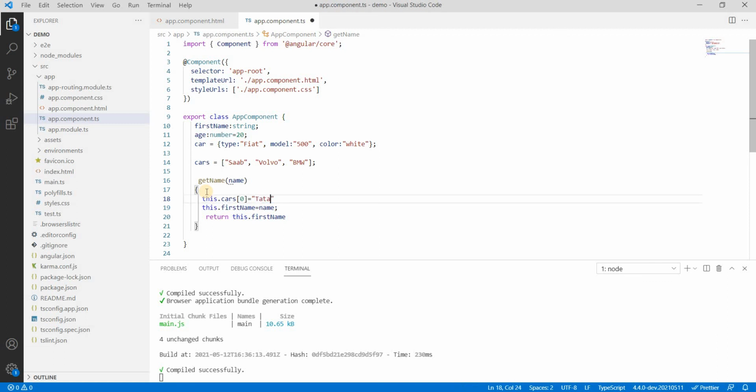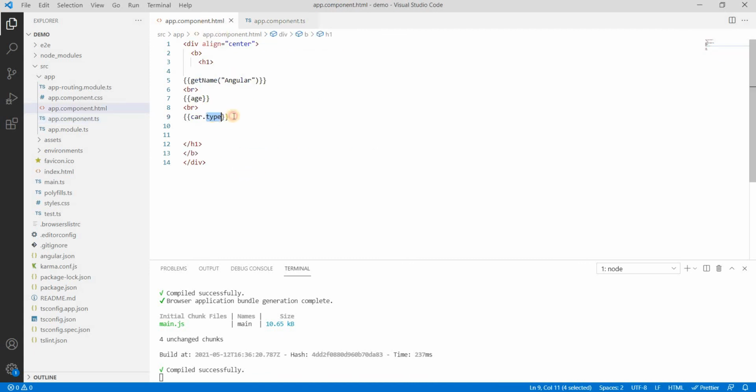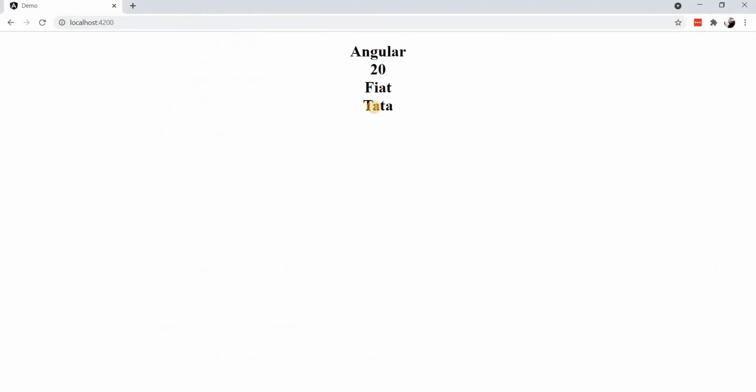Okay, Tata is very easy. So its name is Tata. Now how can I use it here? Again it's very simple. Cars of 0. Now Tata is printed here, right, instead of Saab.